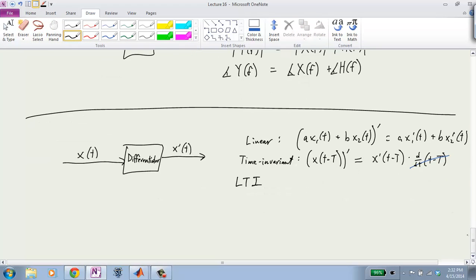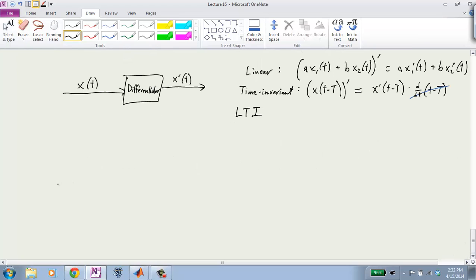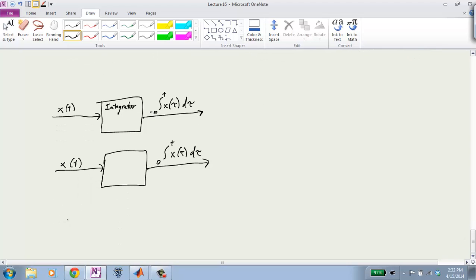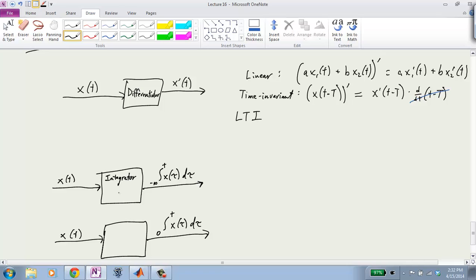Okay, so here's another couple of systems. What if we have an integrator, and so out comes the integral from negative infinity to t of x of tau d tau. Okay, I'm going to give you a couple of different systems to think about. Very similar one here, where out comes the integral from 0 to t of x of tau d tau. And so why don't we answer, are these two, integrator 1, integrator 2,